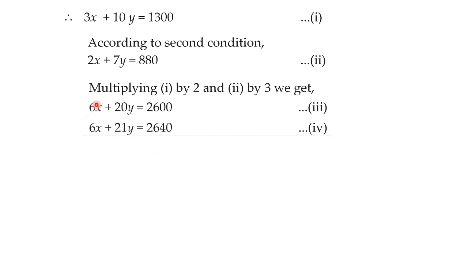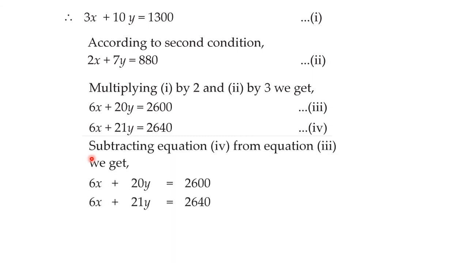See now, the coefficients are equal. At the same time, what we find is the signs are also equal, that is positive. So here we have to go for subtraction. So subtracting equation 4 from 3. 3 we are writing up, 4 we are writing down, and this minus sign shows that we are doing subtraction. When we are doing subtraction, we have to change the sign everywhere. So everywhere where the sign was plus previously, we wrote minus here.